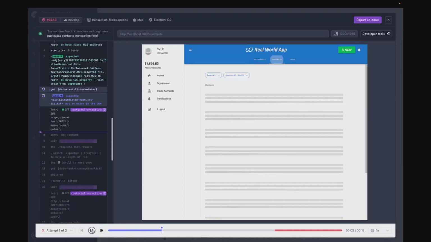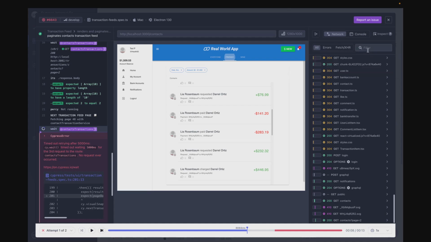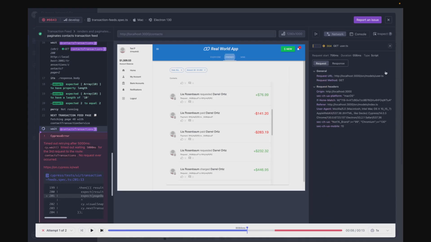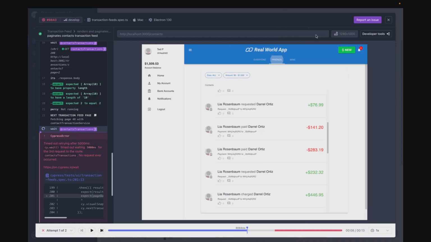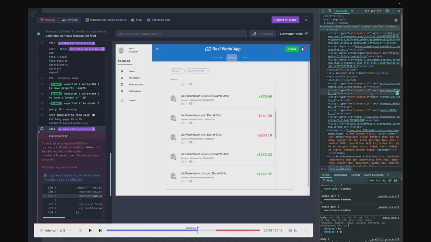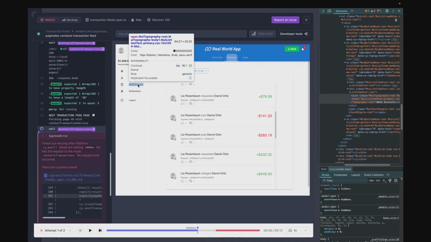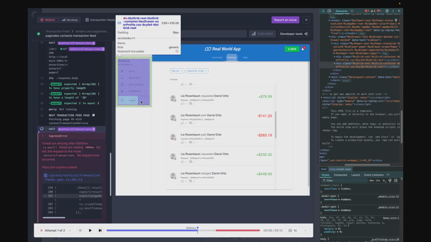Test replay is so much better than a video recording of your test. You can see each step of the test that is executed. When you open Developer Tools, you will see a familiar representation of every network call, including request and response, and also the browser console. Finally, this replay of your test includes the entire DOM of your application at the time it was under test, allowing you to inspect and even alter the DOM,